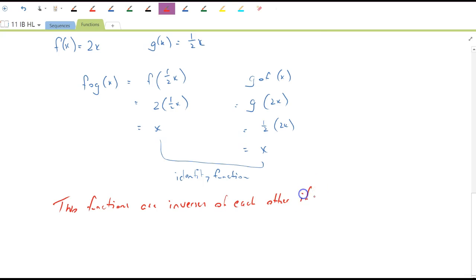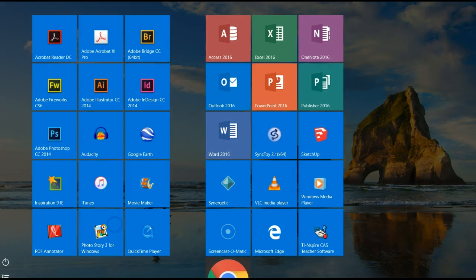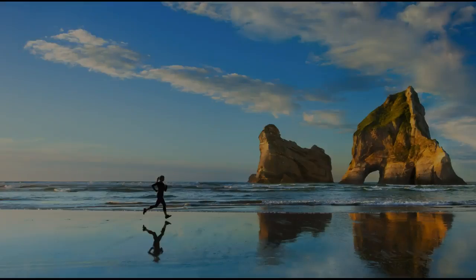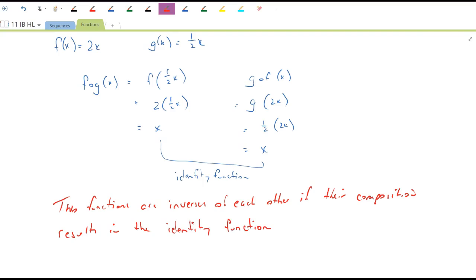are inverses of each other if their composition results in... pause a moment. Okay, so